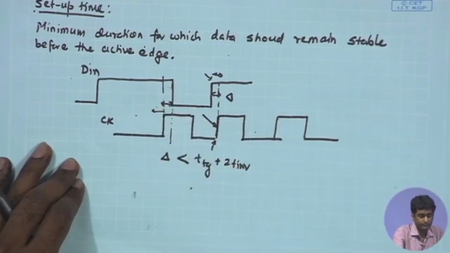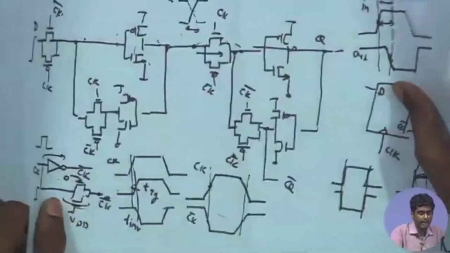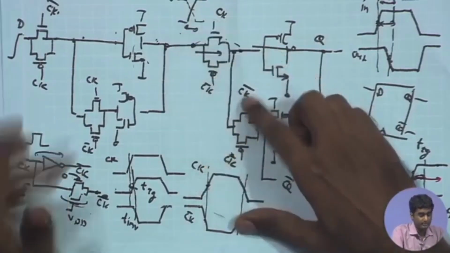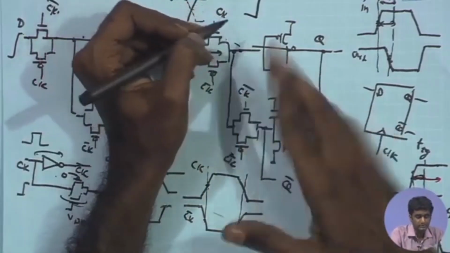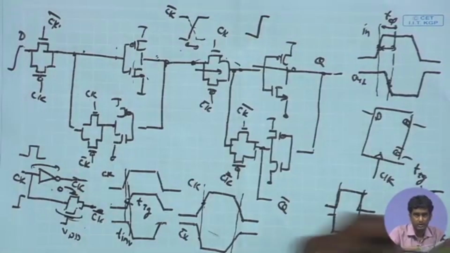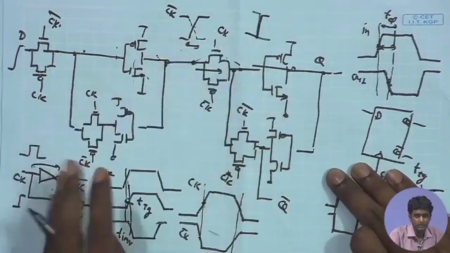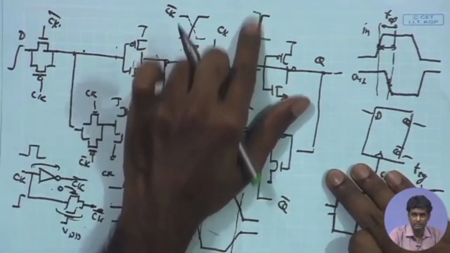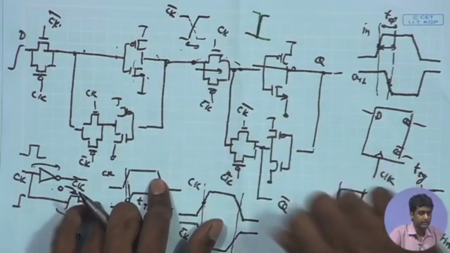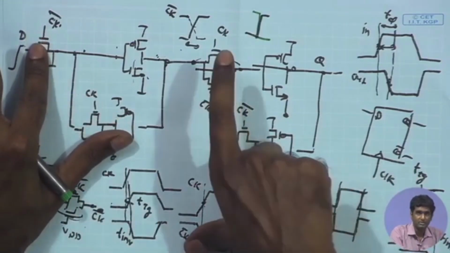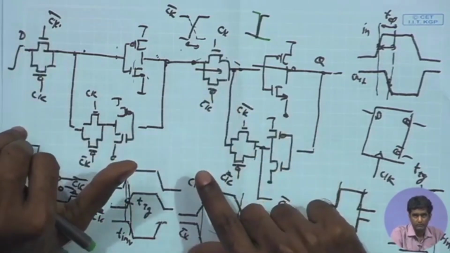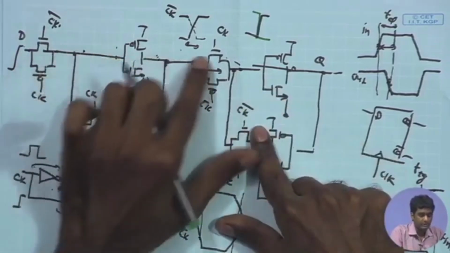So, ideally, if I have these transmission gates driven by very ideal clock pulses, which are not having any rise time or fall time, the clock is extremely steep, and the clock bar waveform is also equally steep. If both of them are equally steep, with very negligible rise time and fall time, a 90-degree drop, then when this TG is getting on, immediately at that point this is getting off, and then this is getting on. Therefore, after the positive edge of the clock,